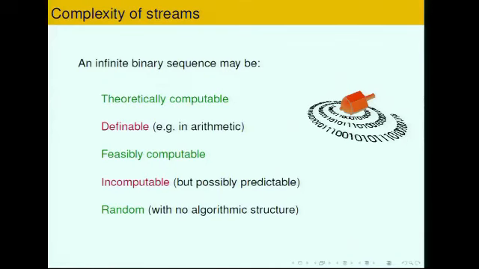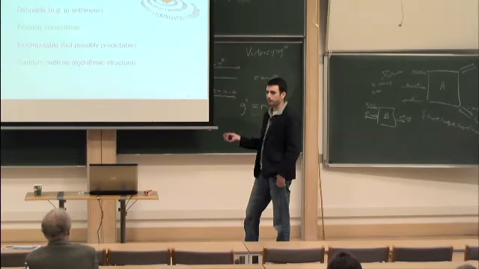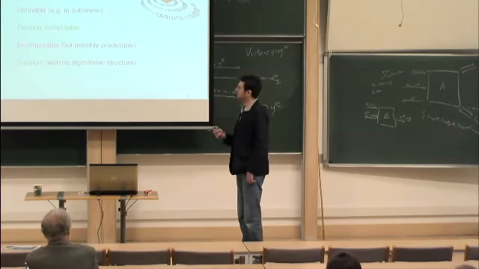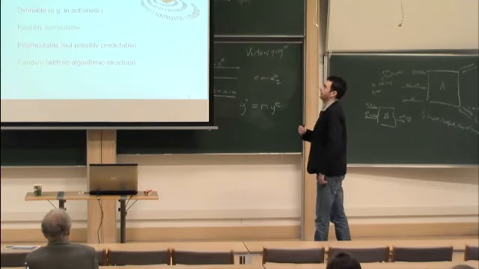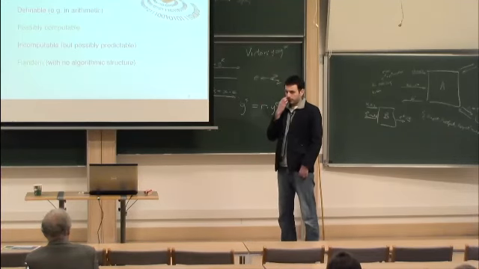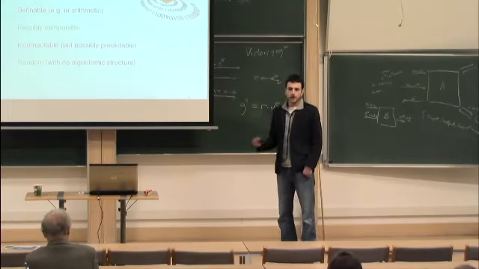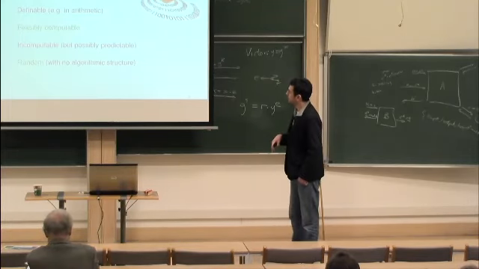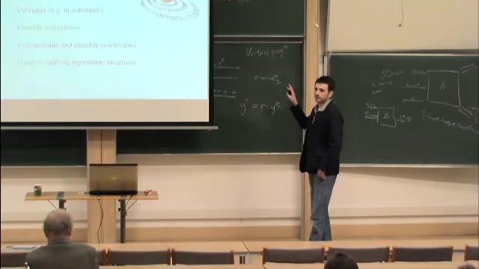Okay, let's see. The general notion of complexity or computation is basically that a set of natural numbers is computable if you can write a program in some universal language, say C++, that solves the problem. So given any input, any number, it replies whether the number is in the set or not. That's theoretically computable because we don't care about resources like time and memory that are needed in this computation. Okay, this is basically the Turing machine model.